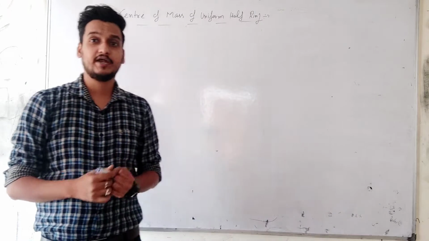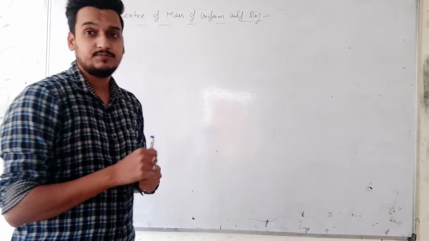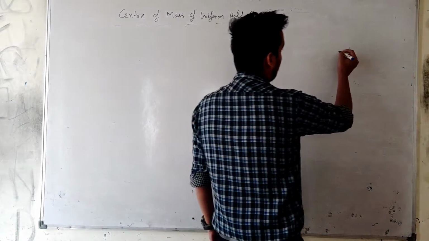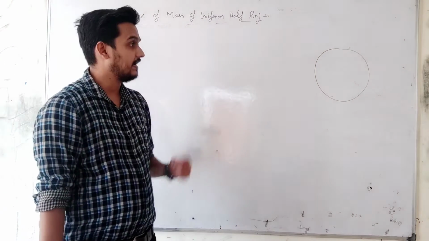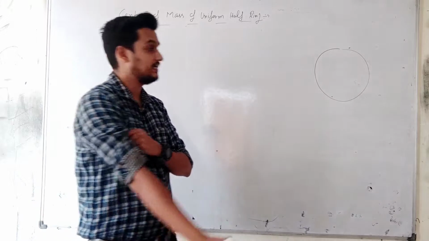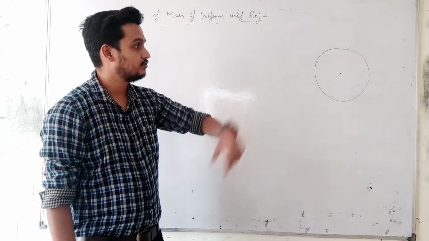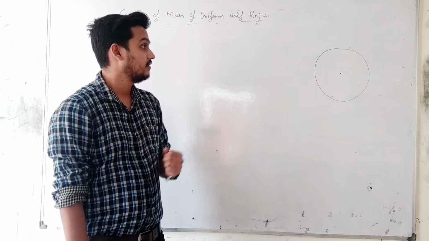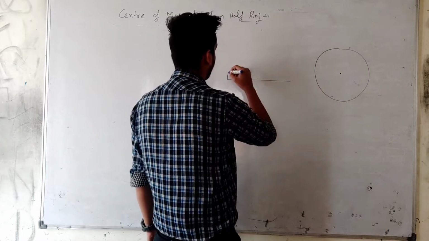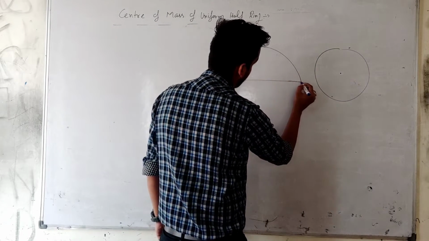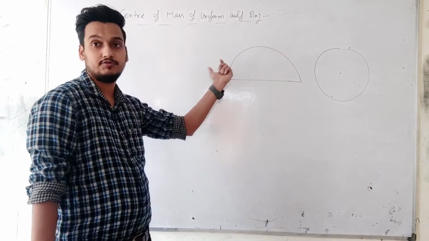Good morning. Today we are going to discuss the center of mass of a uniform half ring. As we know, in the case of a complete ring, the center of mass will lie at the geometrical center of the ring, that is, at the center of the ring, as mass is uniformly distributed throughout the ring. But in the case of a half ring,